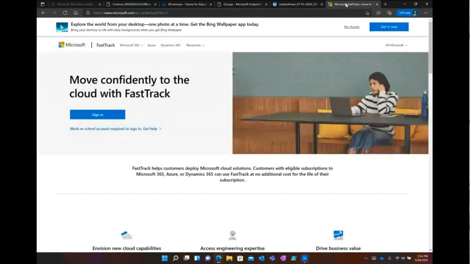Fast Track is literally providing guidance and kind of hand-holding through setting up and migrating anything from on-premises to the cloud. So if you wanted to go from SCCM to Intune, that's covered.